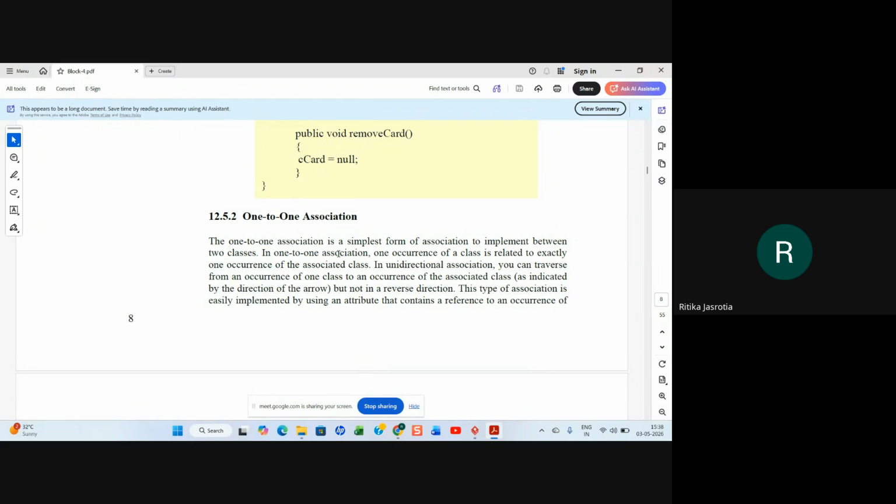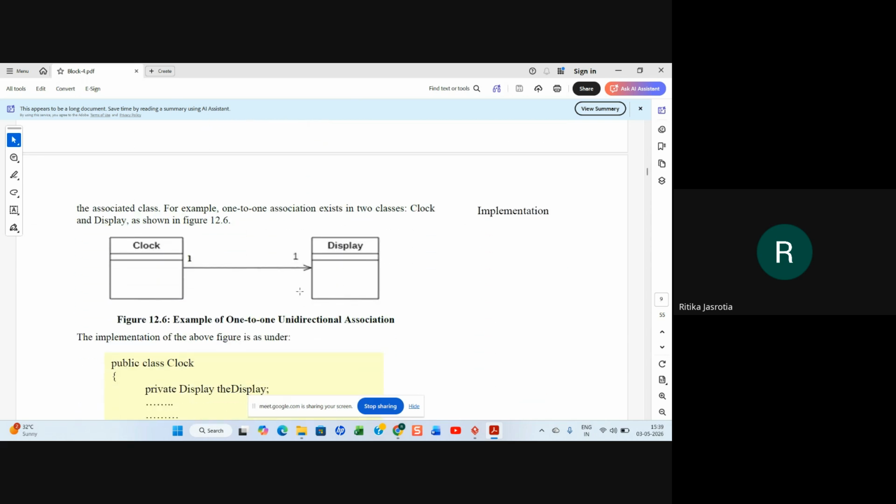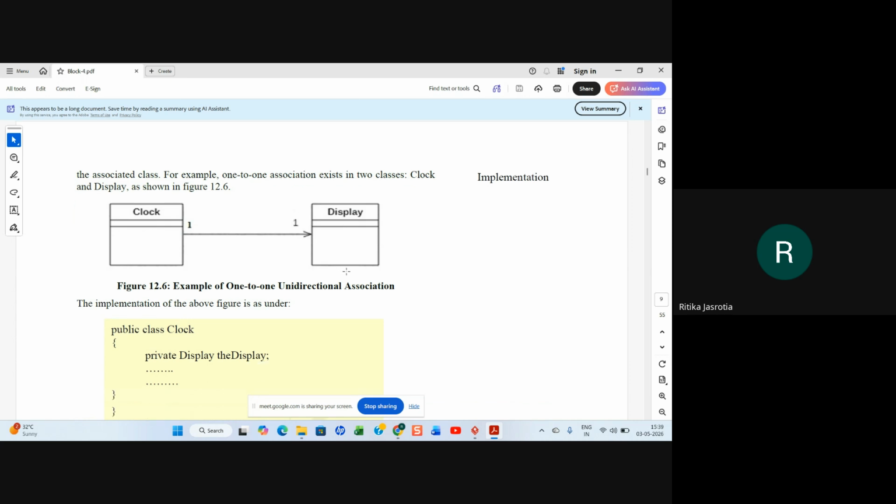One-to-one association is the simplest form of association to implement between two classes. In one-to-one association, one occurrence of a class is related to exactly one occurrence of the associated class. In unidirectional association, you can traverse from an occurrence of one class to an occurrence of the associated class, as indicated by the direction of the arrow, but not in the reverse direction. Suppose you have clock and display, one-to-one, one clock, one display, right?